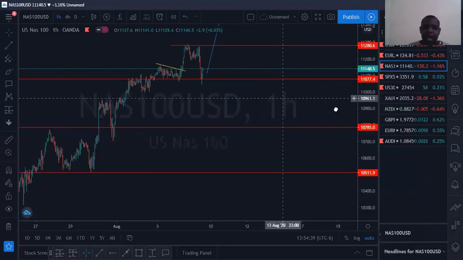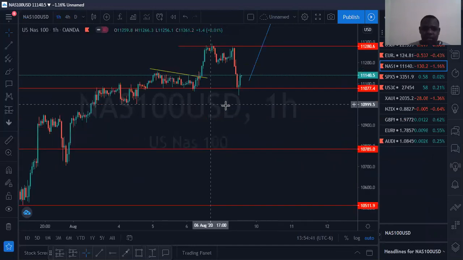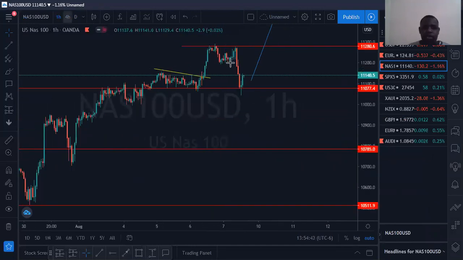So guys, I wanted to just go through this again with you all. I want to show you this breakout. It created a correction which has broken, which gave us a confirmation of our buy. Then here we're looking at a rejection. So this gives us more confidence to take our buy again.